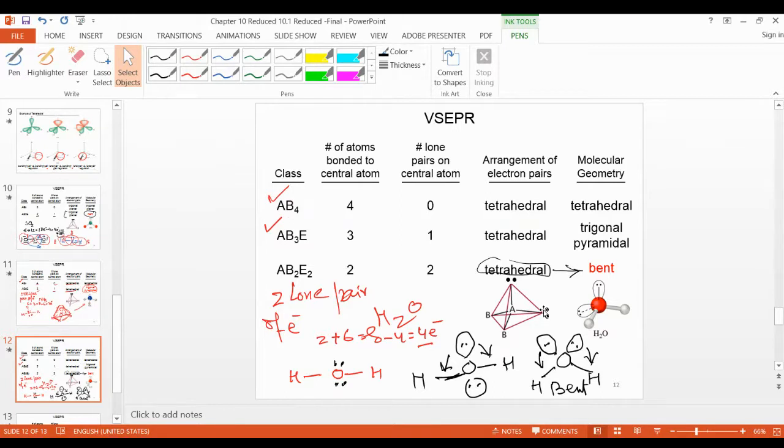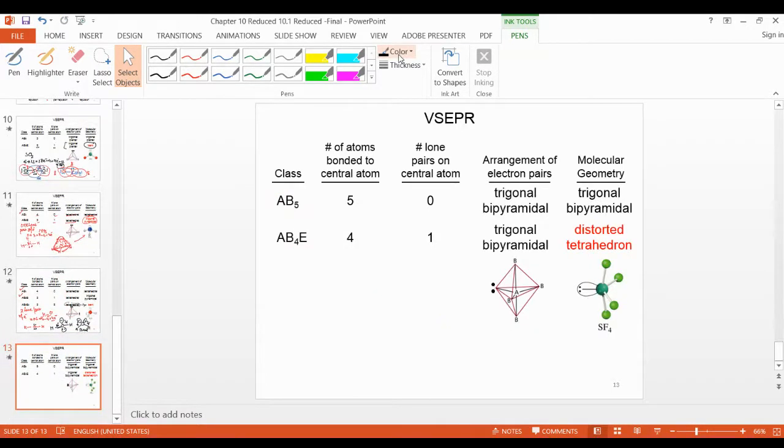Why does the water molecule have a bent geometry? Because of what? Why does it have a bent geometry? How do you write it down? Because it has 2 lone pairs of electrons present on the central atom. Sometimes a reasoning question may be asked: why does it have bent geometry? Why does it have trigonal pyramidal geometry? What's the reason? So you should know that. If you are not able to write the Lewis structure, you cannot write the answer to this question. Right?